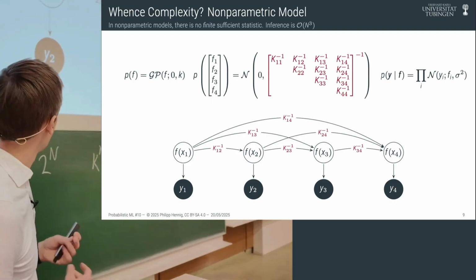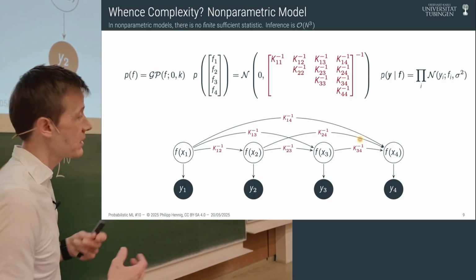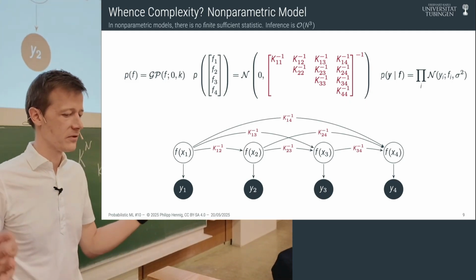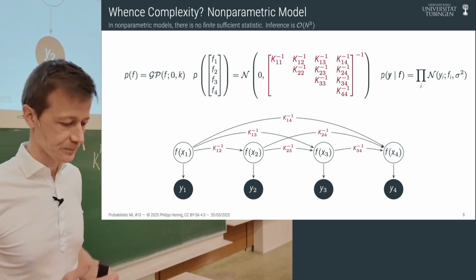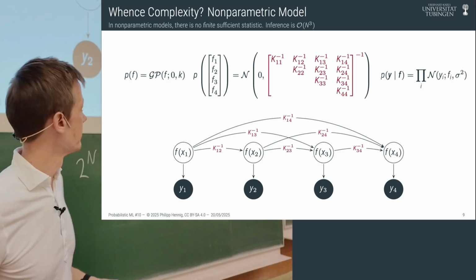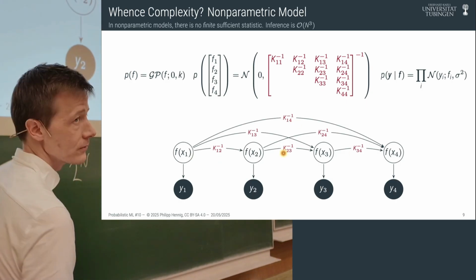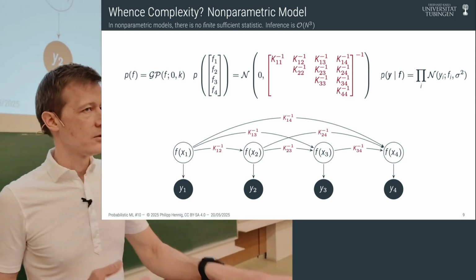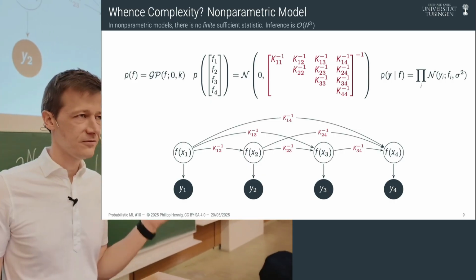So the complexity now of doing inference, of doing machine learning in a model like this, even if you make purely Gaussian assumptions all across the entire problem, so if you assume a Gaussian prior on f, Gaussian independent likelihoods on the y's, linear relationships between y and f, so if you make our life as easy as possible, then we still have to keep track of covariances between all the possible function values. That's a densely connected graph. And because it's linear algebra, the worst case complexity of this is, again, quadratic in the number of function values.